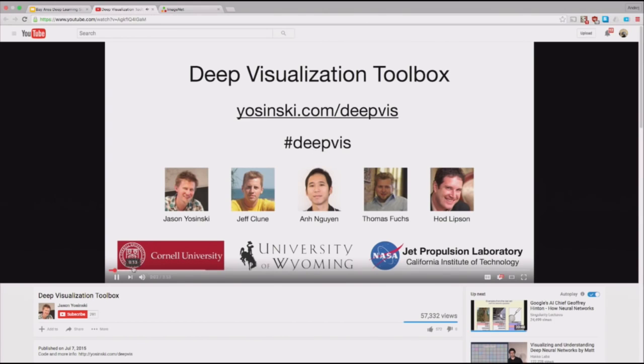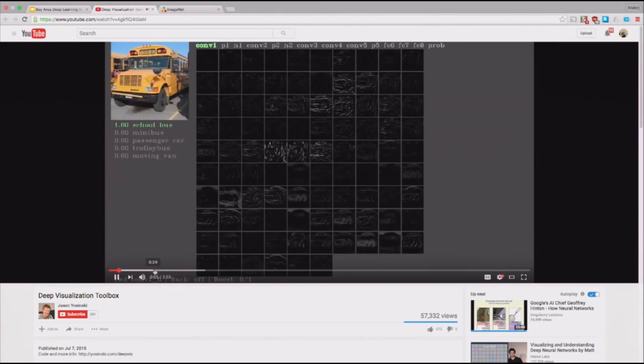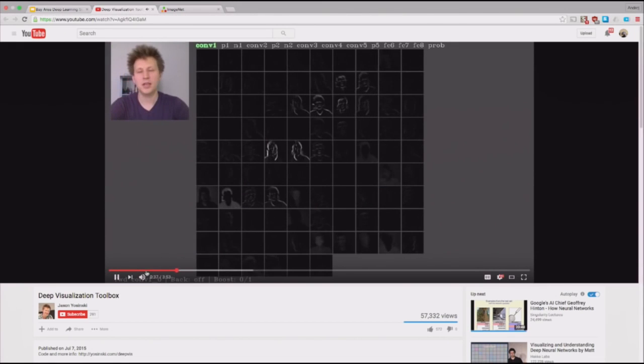Neural networks have enabled computers to better see and understand the world. They can recognize school buses and zebras. Top left corner, we show the input. In this case, the popular deep